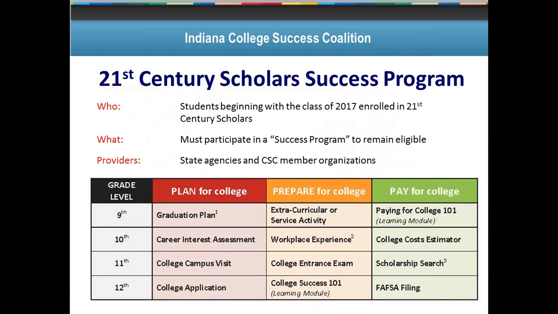Resources, 21st Century Scholars. We're going to talk more about this in a minute, but just want to remind you that your 21st Century Scholars now have the obligation, beginning with the class of 2017, to participate in 12 different activities throughout their high school career in order to be eligible for 21st Century Scholars. So the providers of these activities,